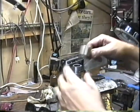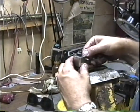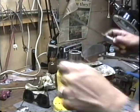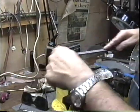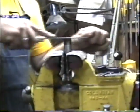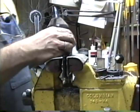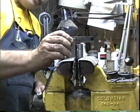So start doing that. Maybe we'll do it with the dummy headset in place. A little high on this side, a little low on this side. Okay, when you get the end of this as square as you want it to be,